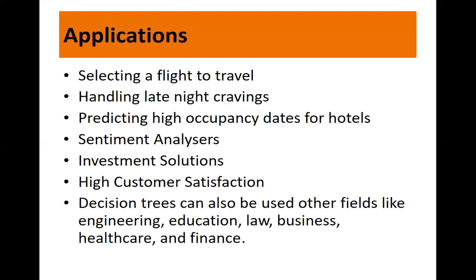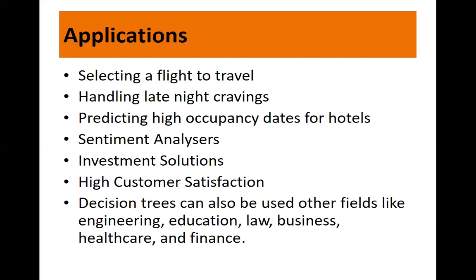Right? Now, what are the applications? Applications in day-to-day life, right? It can be used to select a flight to travel. Why? Because again, these are if-else statements. Suppose we need to select a flight for our travel. What do we do? We check first if the flight is available on that day or not. If it is not available, we look for some other dates. But if it is available, then we look at the duration of the flight. If you want only direct flights, then we look whether the price of that flight is in our budget or not. If it is too expensive, we look at some other flights and we book it. So every time we are taking a decision: if this, yes, otherwise, no.